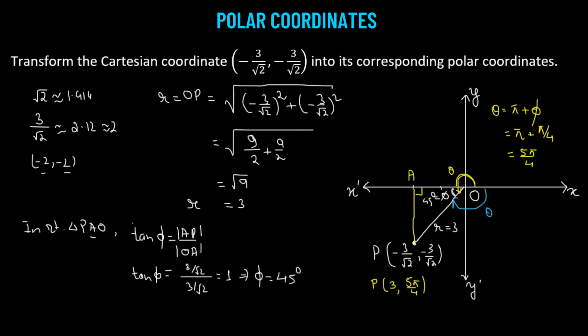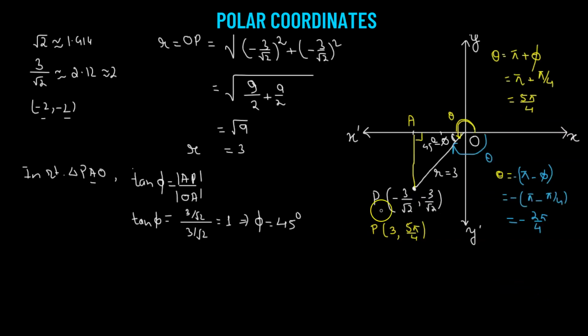And if we go the other way, in the clockwise fashion, then theta will be defined as follows: we take pi radians, and from it we subtract the angle phi. So this is going to give us the theta measure, but then again we are going in the clockwise fashion, so we'll have to consider the negative value of theta. So we have negative times (pi minus pi over 4), and the value comes out to be -3 pi over 4 radians. So this is another way of representing the given Cartesian point in polar coordinates as (3, -3 pi over